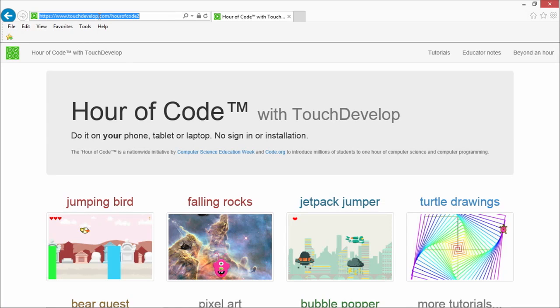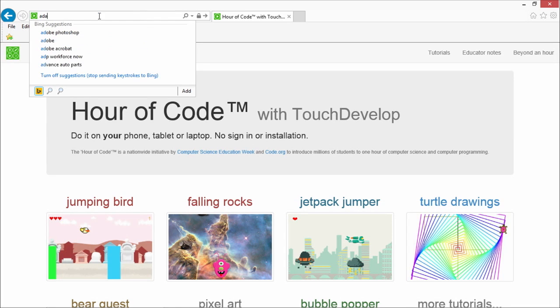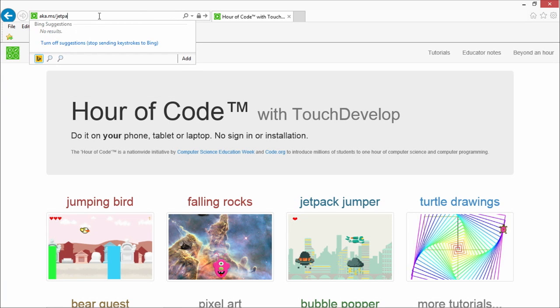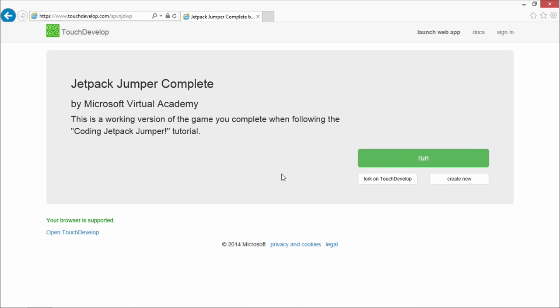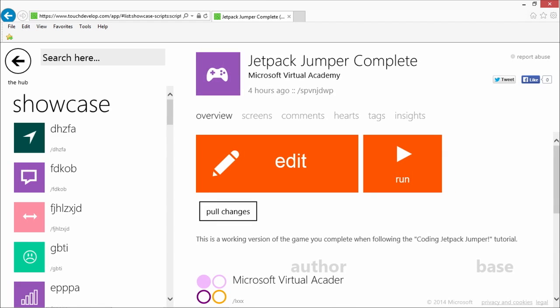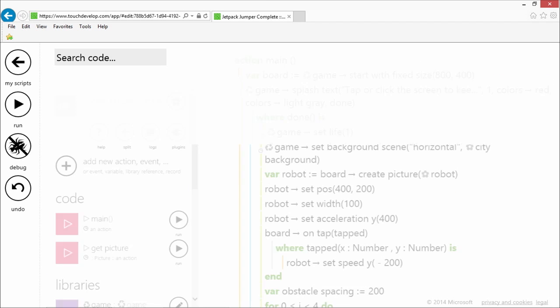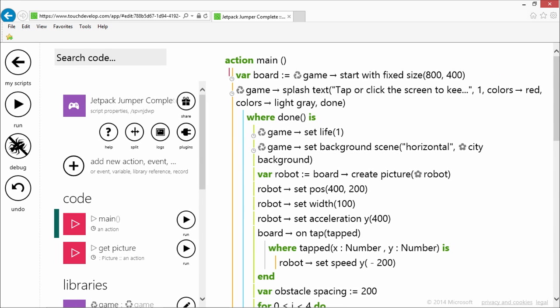Alrighty, let's go ahead and get started. I'm going to go to aka.ms/jetpack complete. There we go. I'm going to click on fork on Touch Develop here, and that's going to take me in, and I can click on edit. Now, if you like, you can continue where you left off, but basically this drops us into